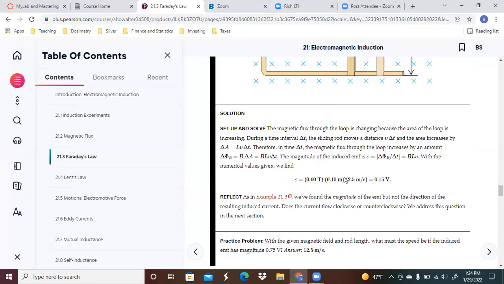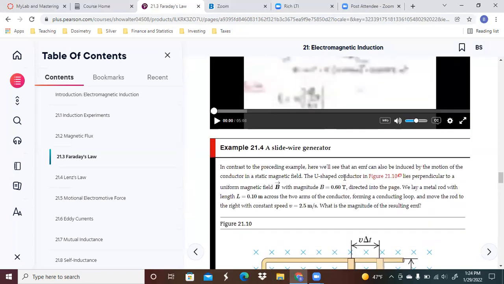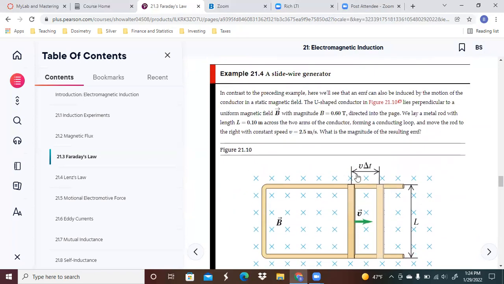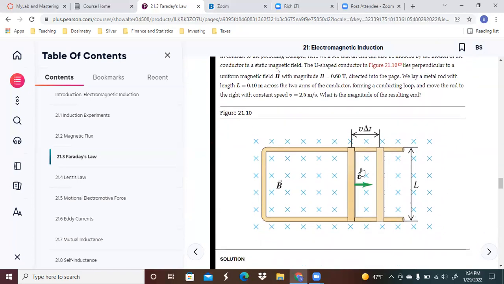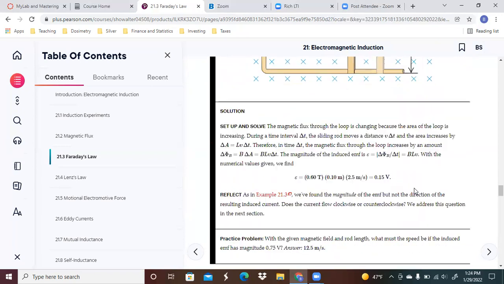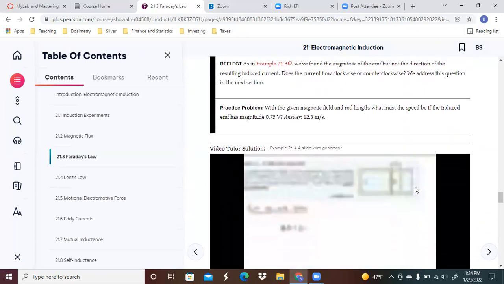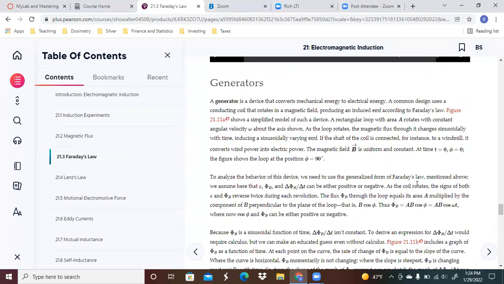You've got some more problems here that you can work. This here is an example of taking a circuit or a piece of wire and having it move through a magnetic field and generating a current. That is a good problem to work through. Now,